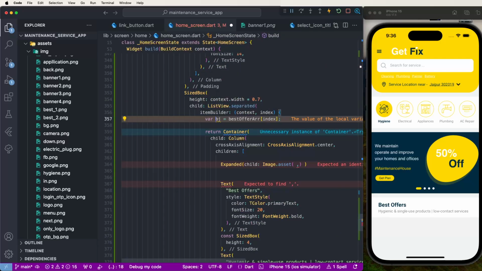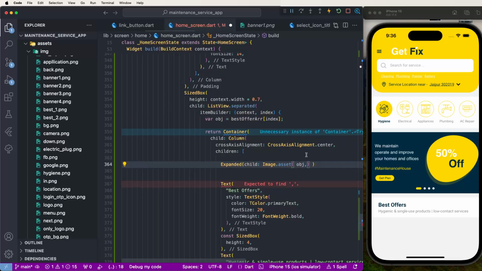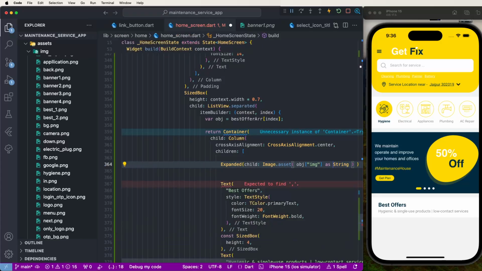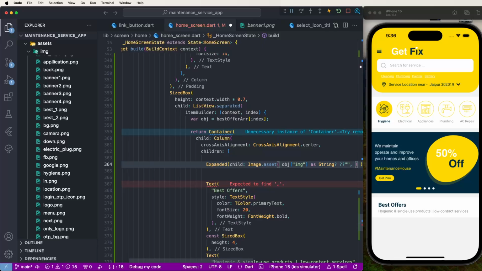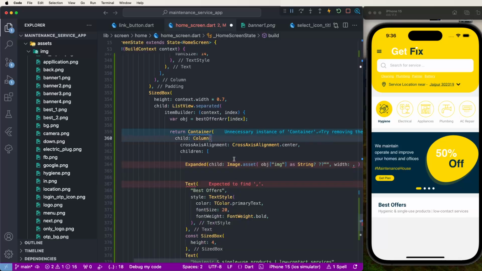For the object, we need to rename it obj, and pass the image value img as string. Optionals, and like the settings here, now we need to set the width, configure this, give the pixel width,